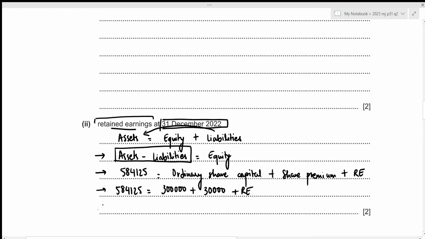Now we can easily figure out the value for retained earnings. That is just going to be 584,125 minus 300,000 minus 30,000. And this gives the value for retained earnings to be 254,125. That's all for the second part. Let's move towards the